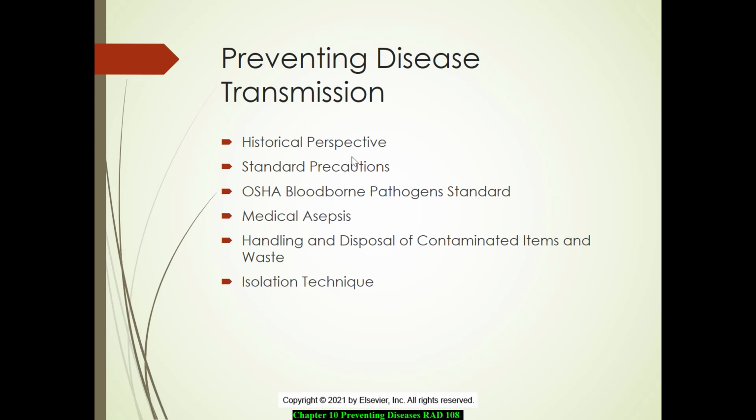So out of all of that research came standard precautions. In 1996, the CDC was actually the one that came up with standard precautions, and there's been some evolution of that. It became more known as universal precautions. Standard precaution refers to the infection control system, and it applies to blood, body fluids, secretions, non-intact skin, and mucous membranes. Those standard precautions were put in place to help reduce the risk of transmission.